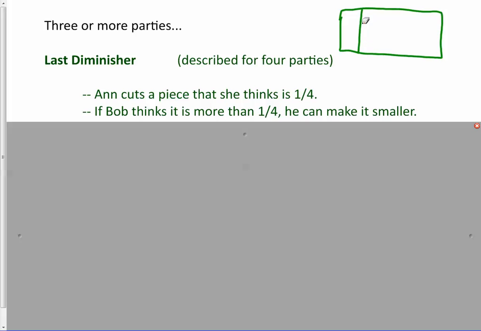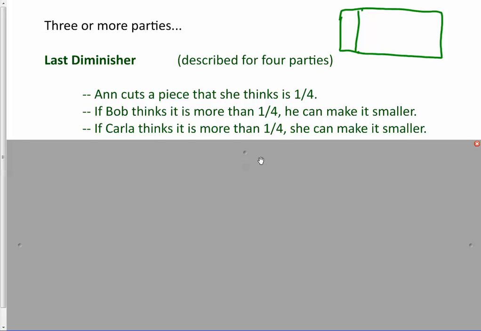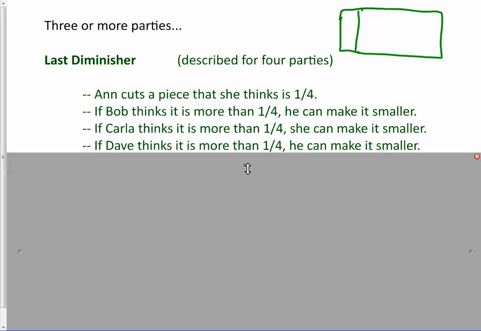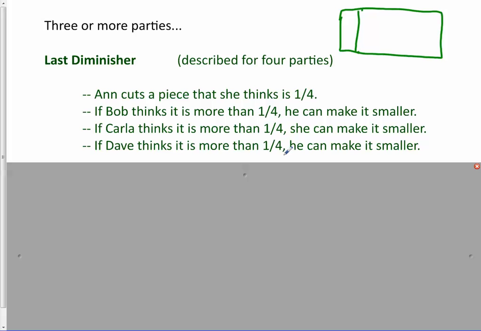He can cut it maybe a little bit smaller, right? Okay. Same thing with Carla. She can either leave it as it is or she can make it smaller. If she thinks that it's still actually more than 1/4, she can make it smaller to something that she thinks is 1/4. And then finally for Dave, if he thinks it's more than 1/4, he can cut it one more time,